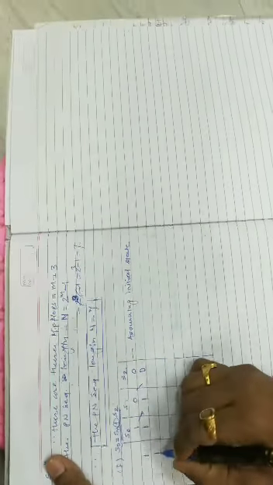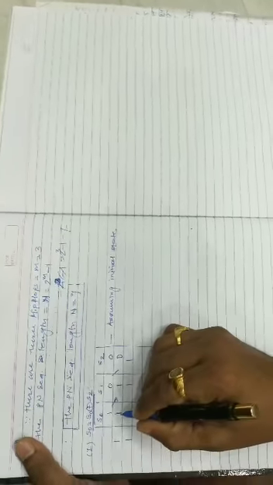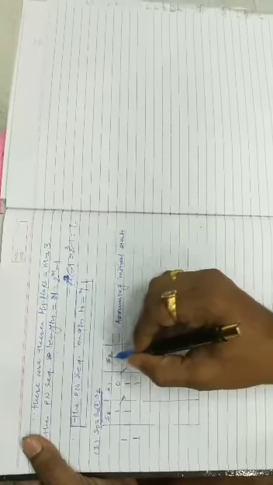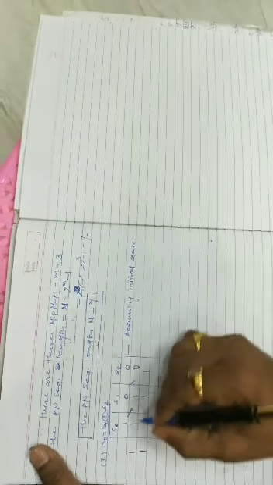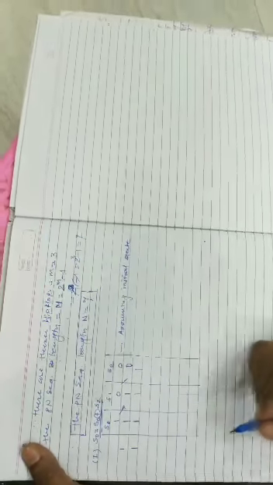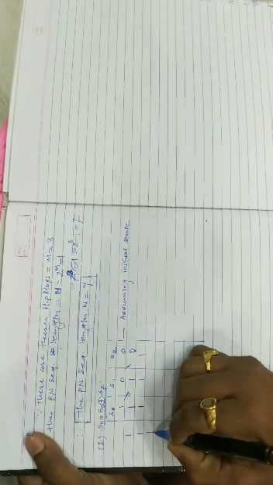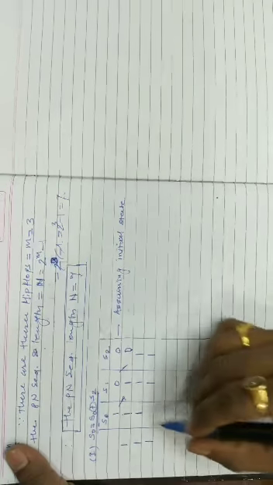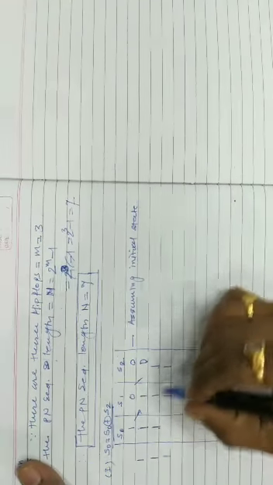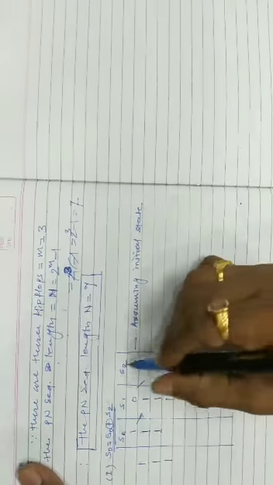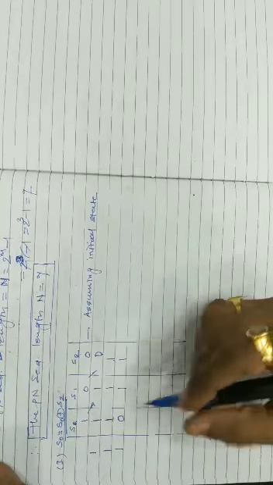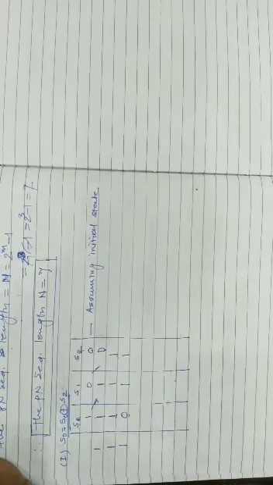For the next clock cycle, this data will be shifted by 1 bit, so it becomes 1 1. And the previous output, if you see, the value of S0 was 1 and S2 was 0. So again, if you take the XORing, this will be 1. For the next clock cycle, this data gets shifted, so it will be 1 1. Now here, in the previous output, if we see the values of S0 and S2 both are 1, the current output, that is XOR between S0 and S2, will be 0.